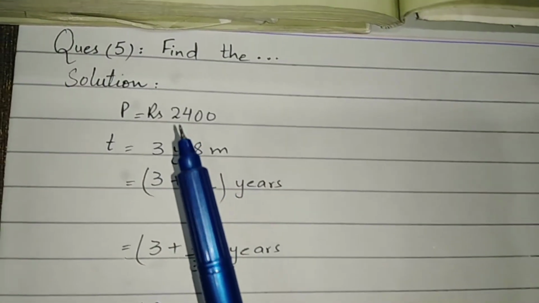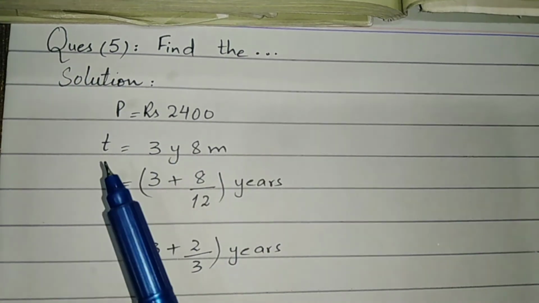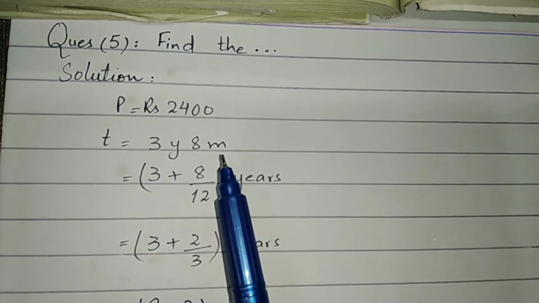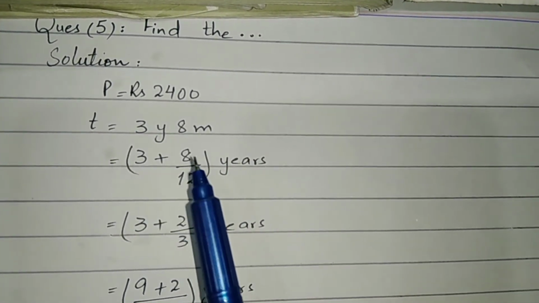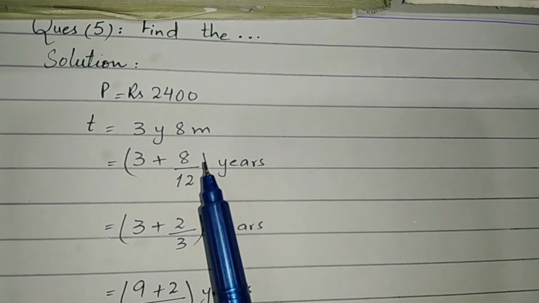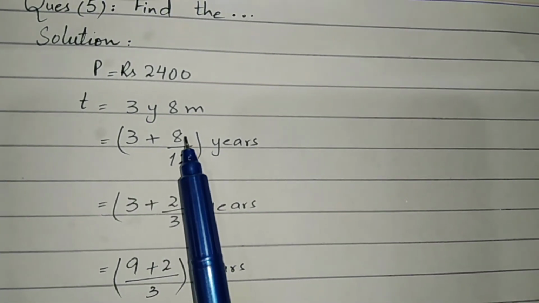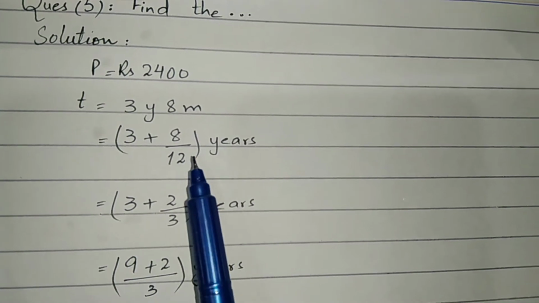So the principal amount is given in the question, that is rupees 2400. Time period is given, that is 3 years 8 months, and now we have to convert the month into years. We have to divide it by 12 because in 1 year there are 12 months. So now after the cutting on table 4, 4 2s are 8 and 4 3s are 12, we will get